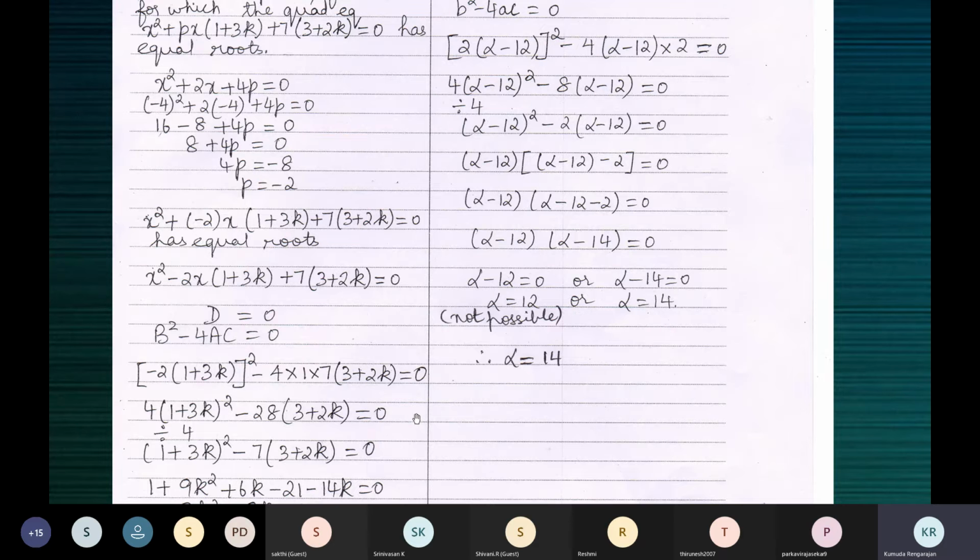0 also. You should divide the LHS and RHS by 4, not only the LHS. Whatever you do on the left hand side, you must do the same thing on the right hand side. Only then you will not disturb the equation. You cannot do something to one side and leave the other side like that. So we are dividing by 4 throughout. So we are dividing 0 by 4, which is 0. This term divided by 4 gives us this. And the 0 by 4 is 0.